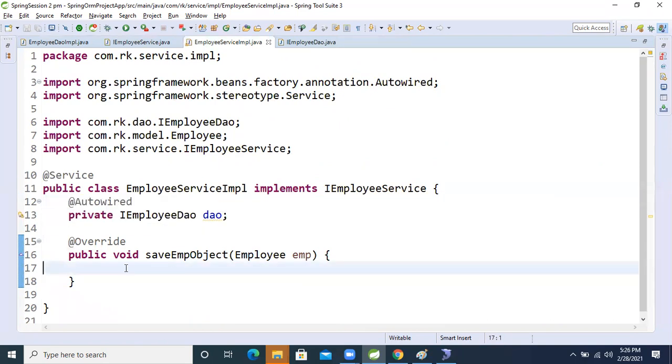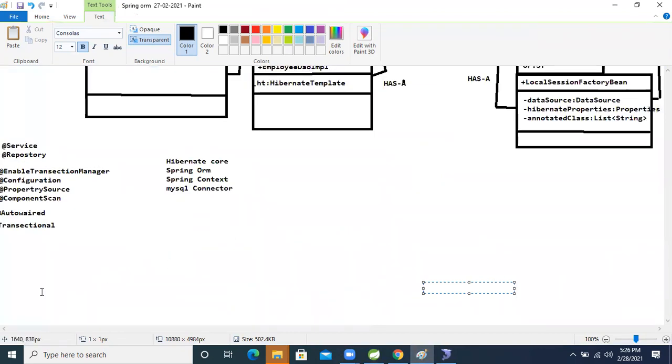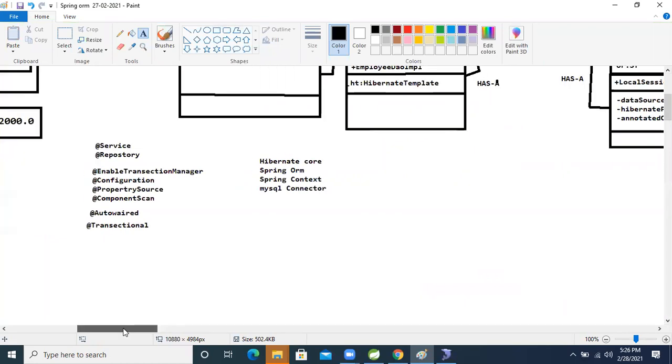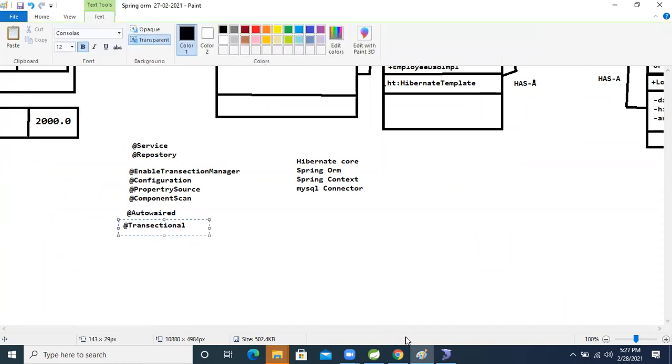Okay, fine. Now, saving is a non-select operation. Whenever we are going to save the object, which kind of operation are we performing? A non-select operation, right? I said this when I explained the at the rate transactional annotation.